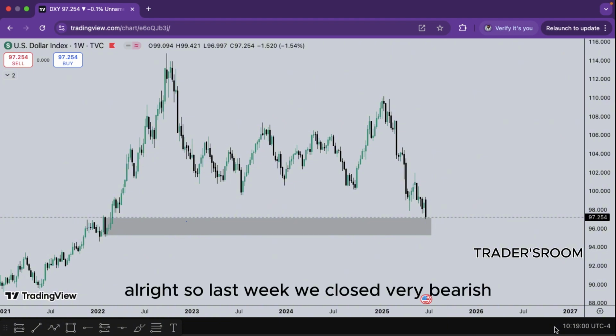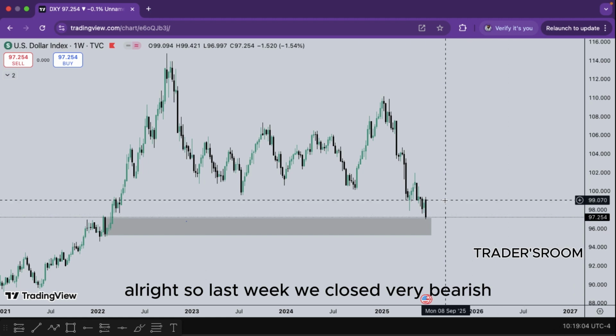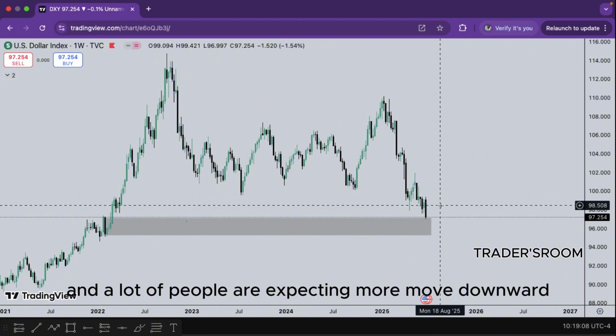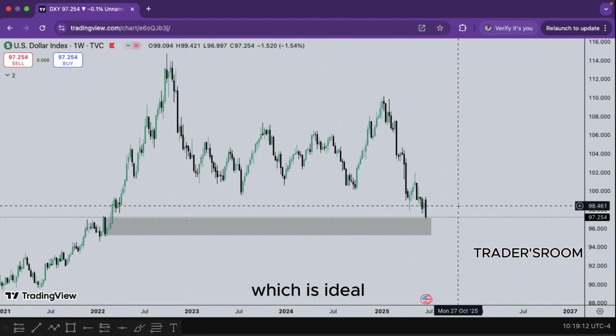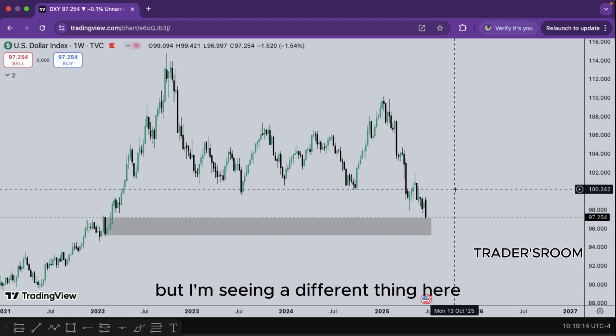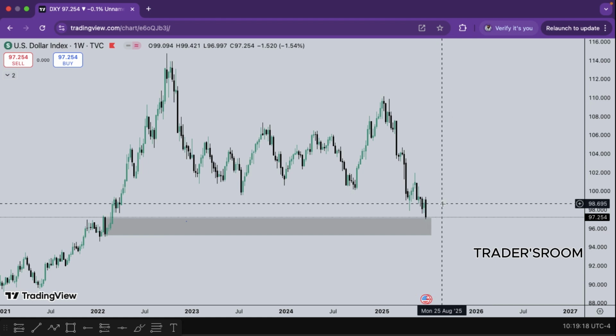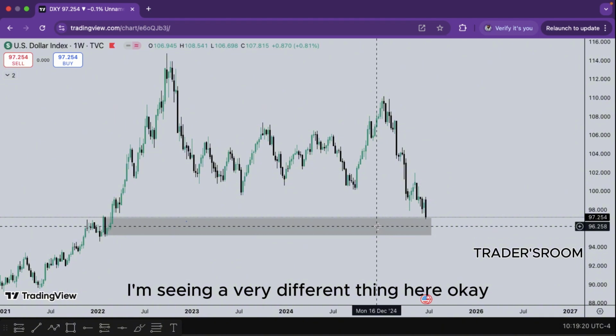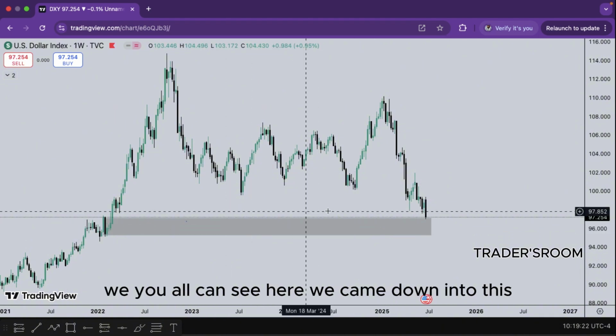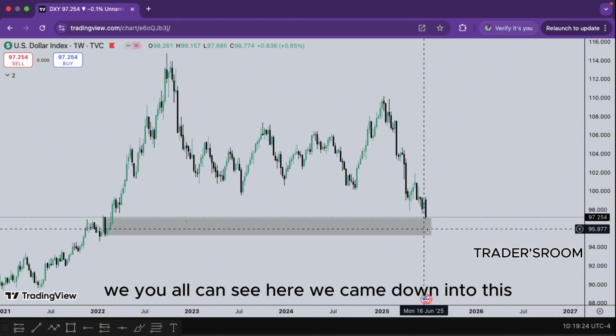Alright, so last week we closed very bearish. We had a strong momentum downward, and a lot of people are expecting more move downward, which is ideal. But I'm seeing a very different thing here. You all can see here we came down into this